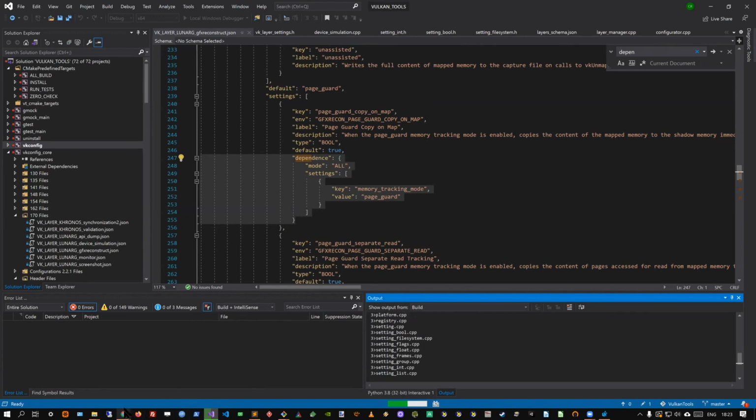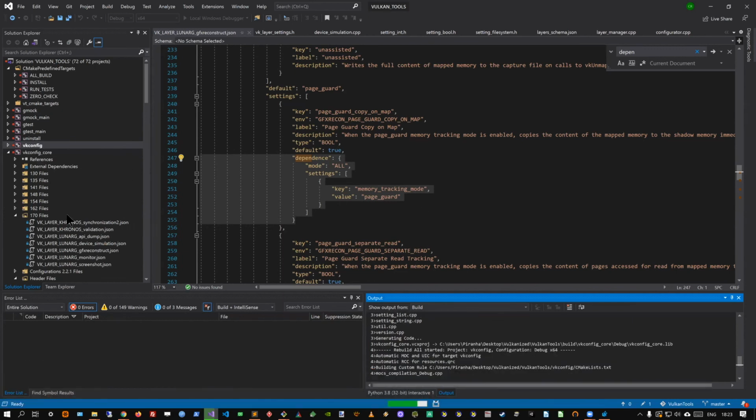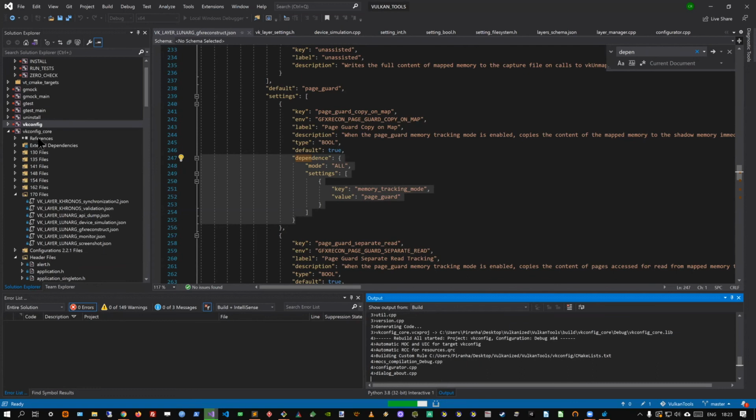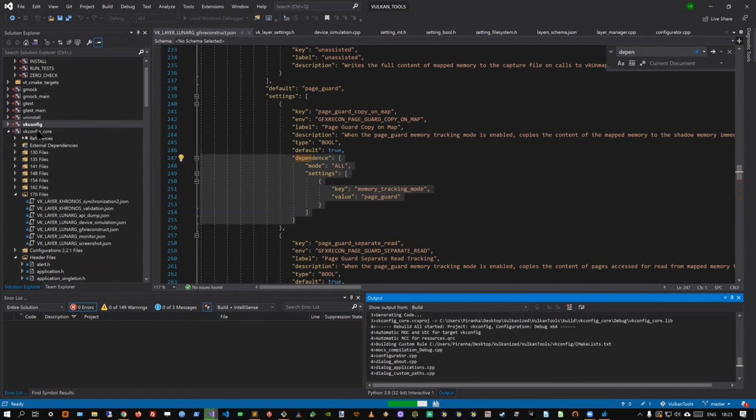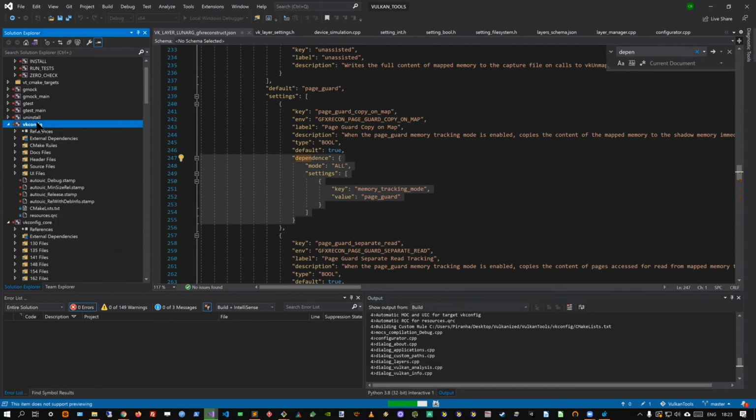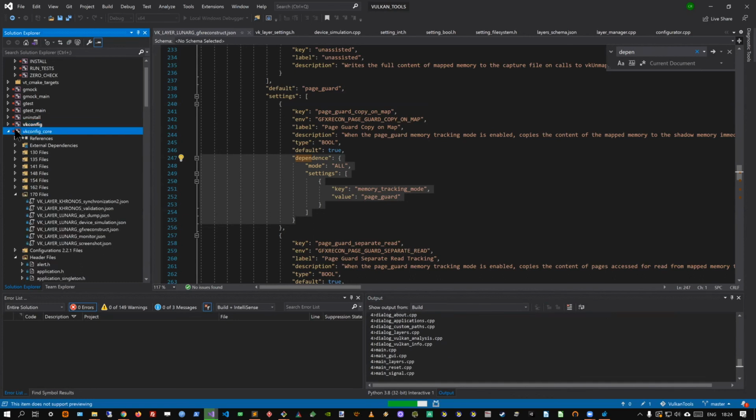Well, I guess you understand the principle. Something that I didn't mention is that the code is separated in 2 parts. There is a UI, which is this project, vkconfig, but there is also a core library. And maybe it starts the part where I was hoping to discuss potential improvement.